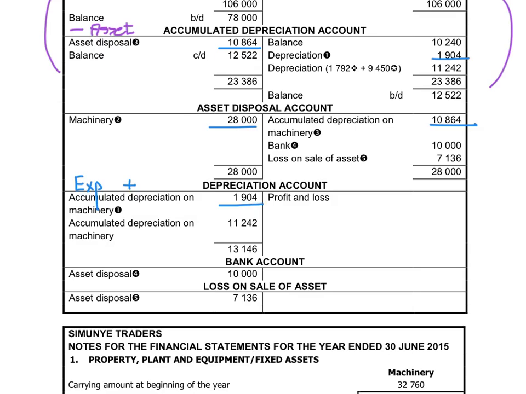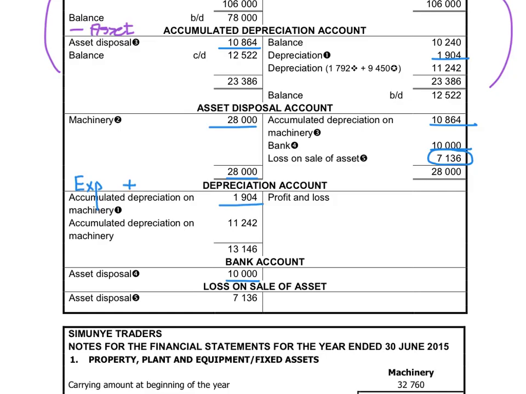Step number 4 is I must determine how much money do I get, and the bank account is debited with the 10,000 and asset disposal is credited with 10,000. Now I can determine what is the difference between my carrying amount and the money that I received to determine whether we made a profit or a loss. So I can add up the debit side of the asset disposal account, subtract the 10,864 and the 10,000, and the balancing figure will tell me that we made a loss of